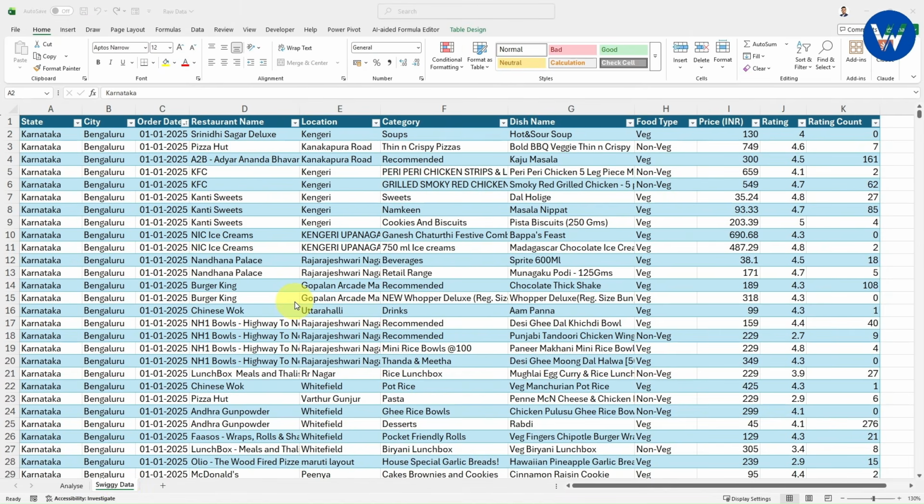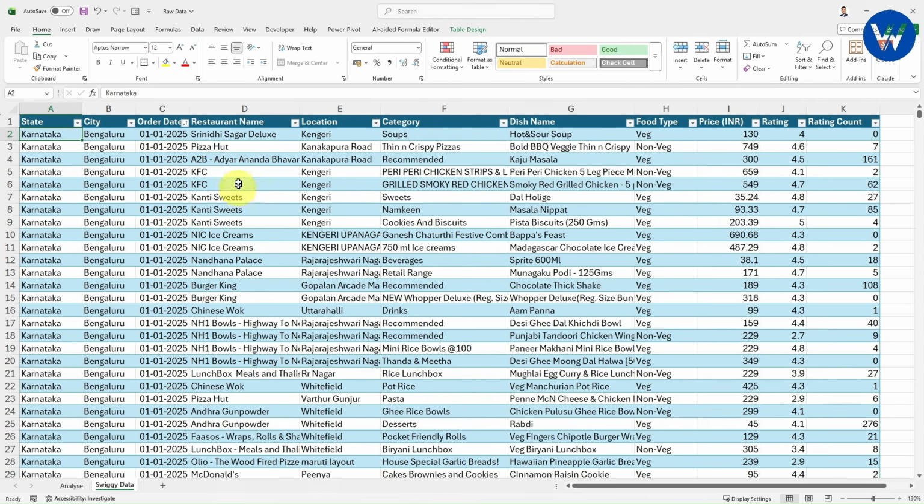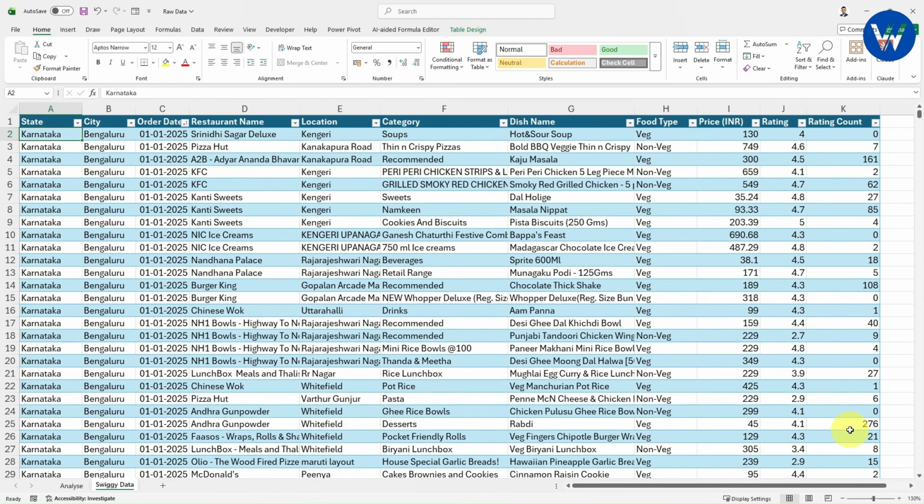Now let me show you the second KPI which we are going to create. The second KPI is to find total orders, the total number of orders customers receive. If you know, do write in the comment section how to find total orders. If you don't know, don't worry, let me show you. Now if you observe carefully inside this Swiggy dataset, there is no single column which represents the order detail. Look at the columns carefully, there is no column, right, which represents order detail.